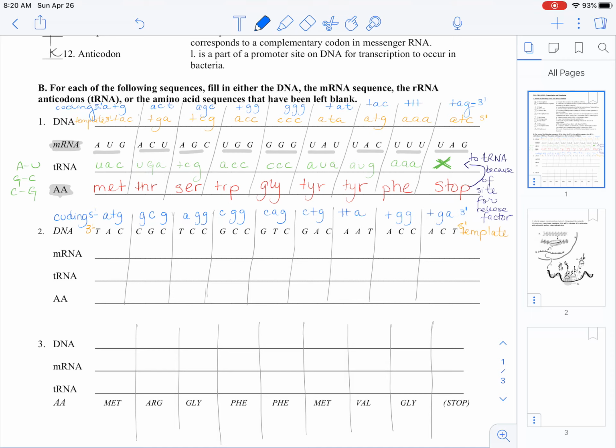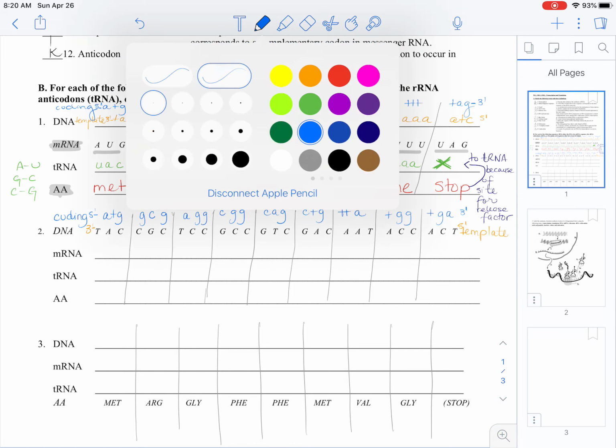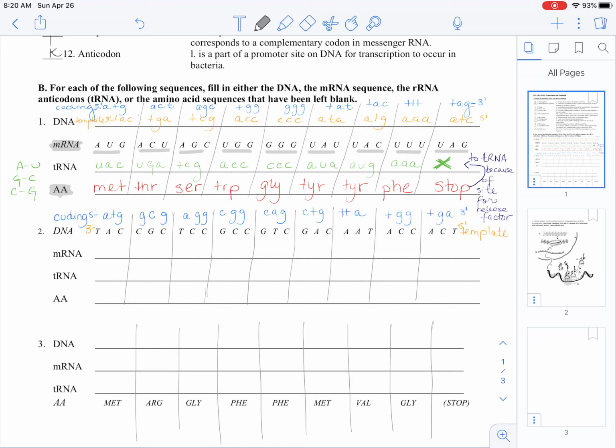going to be very similar in sequence to the coding strand. It's just that the T's are going to be replaced by U's. Remember that the reason why that is because both are going to be synthesized from the template strand by different enzymes, but that's the way it goes. So when it comes to the mRNA, this is going to be